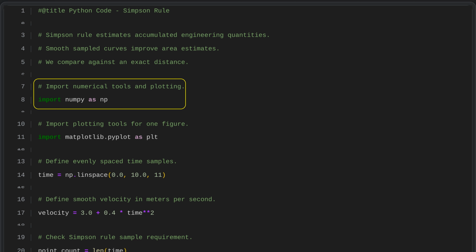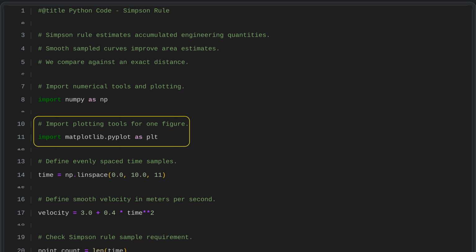We begin by importing NumPy, a library used for efficient numerical work with arrays and mathematical operations. It will support later calculations, such as computing distances with Simpson's rule. We use the pyplot module from Matplotlib to create a simple visualization in Python. Here, it will plot time against velocity, so we can see the area under the curve, which represents the distance